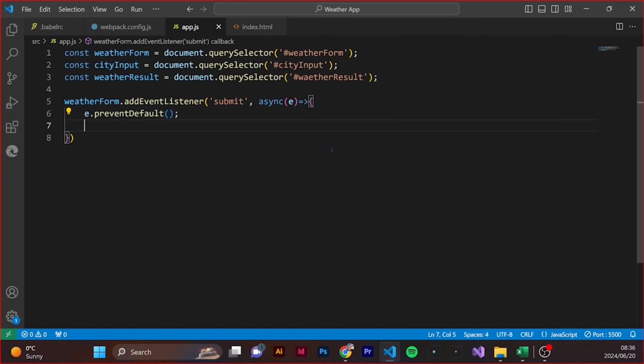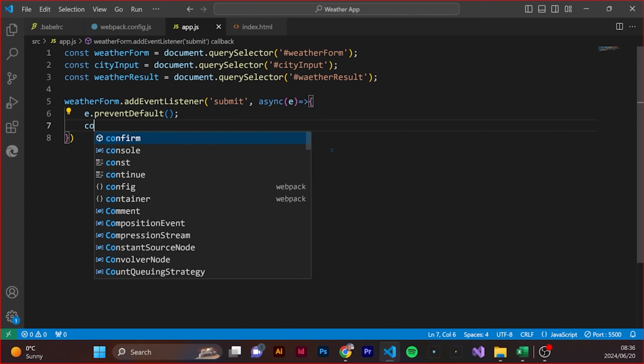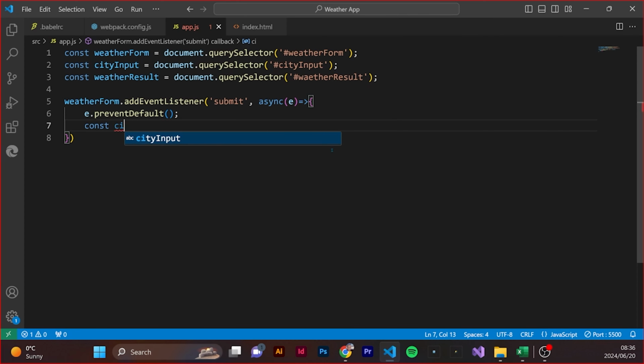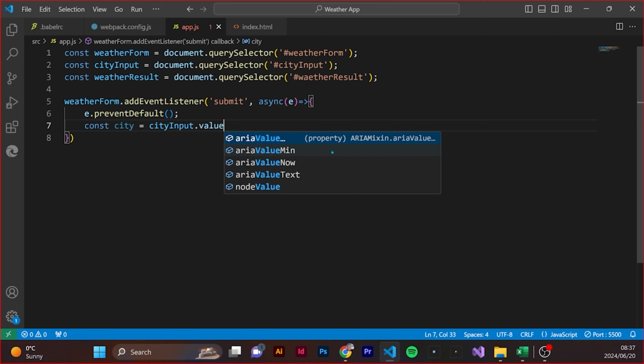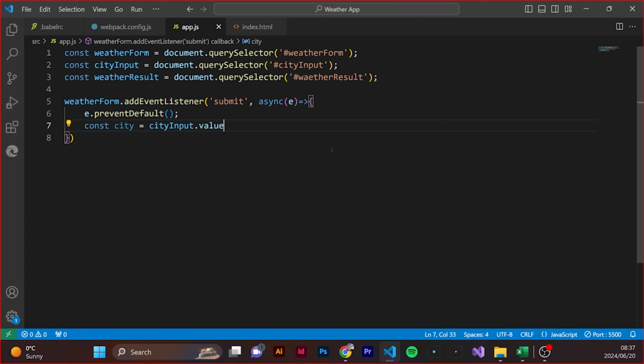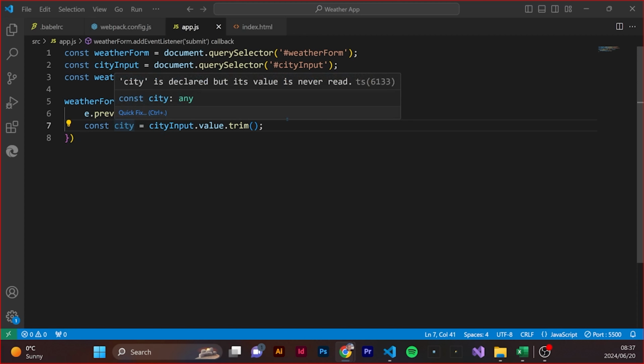So first we can create a variable, let's call it city, cityInput.value, and then we actually want .trim. So we actually get the value that is entered in the city input field, and then we trim any leading or trailing white spaces. All right, and then we have assigned it to a variable called city,